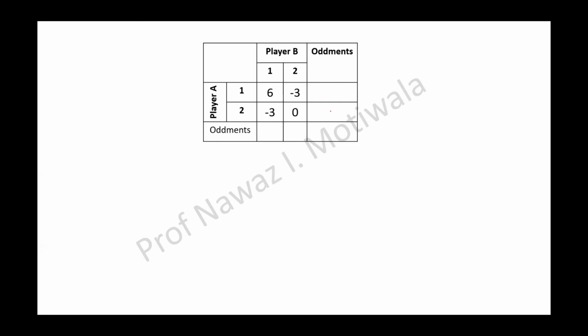What is the concept? It is larger number minus the smaller number. So it is 6 minus of minus 3. So it will become plus 3. So it will be 6 plus 3, 9. So 9 will come here in the second row. I will write it here on the side.